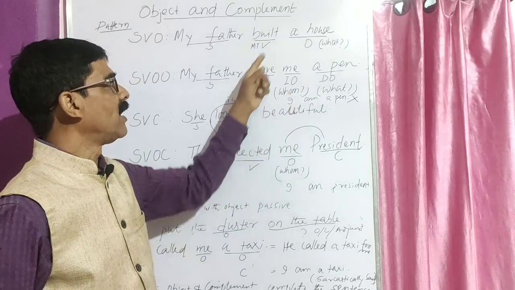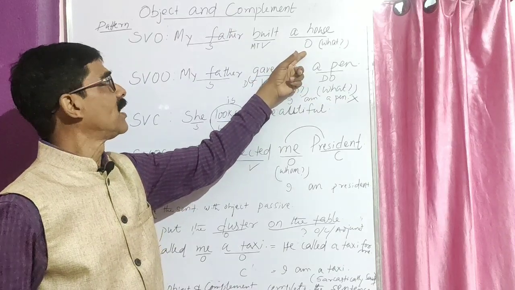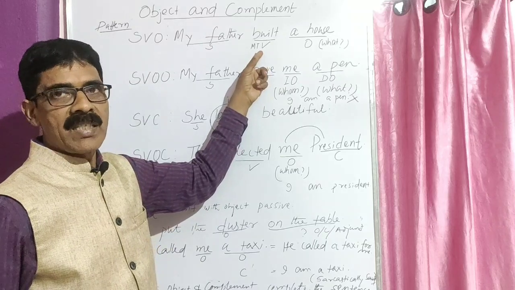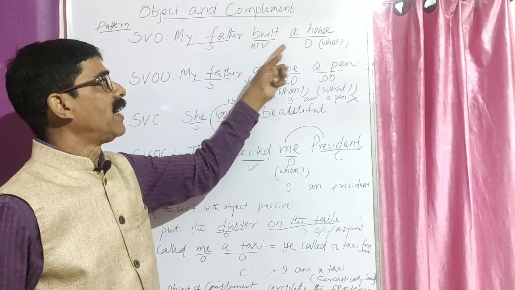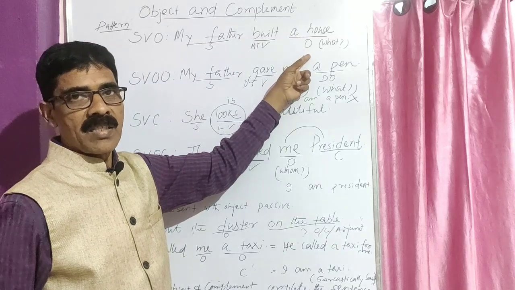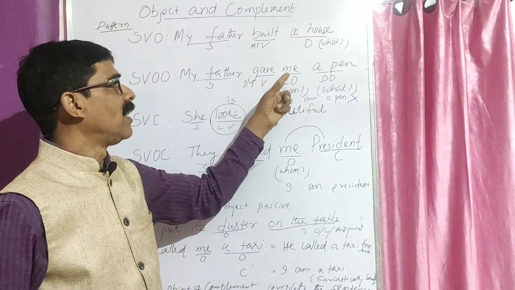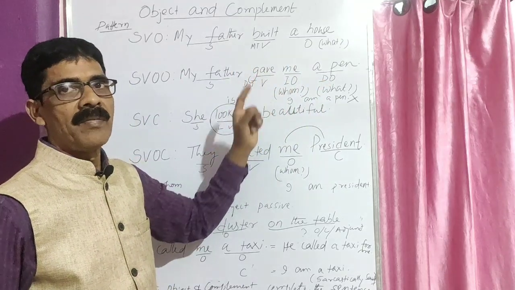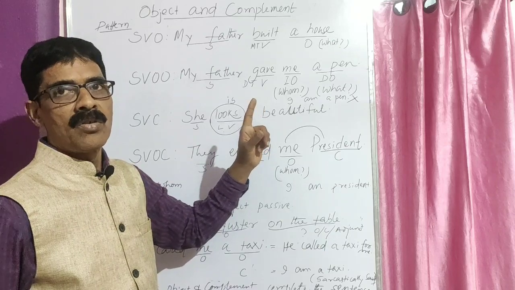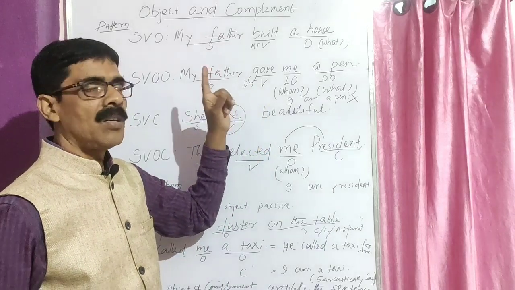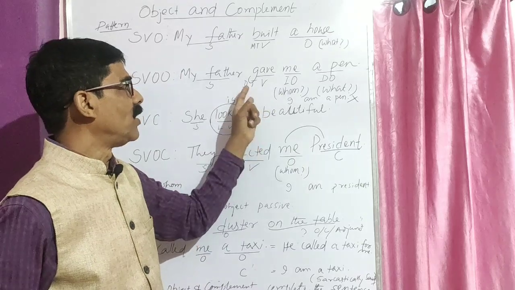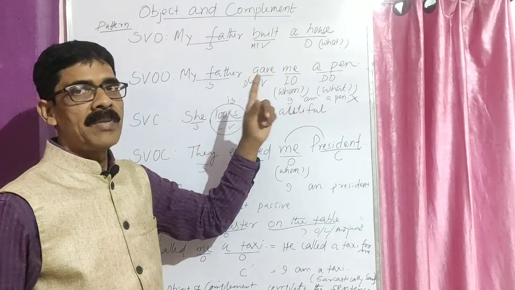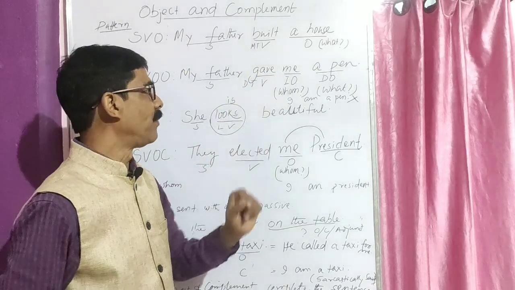Now remember one thing, here you saw there is one object in SVO pattern. So this verb is called a monotransitive verb. A transitive verb takes an object. So here two objects are very much essential to complete the meaning of the verb give. One object will not do the work, will not complete the meaning of the verb give. So this is a ditransitive verb category. It needs two objects always to complete the meaning.